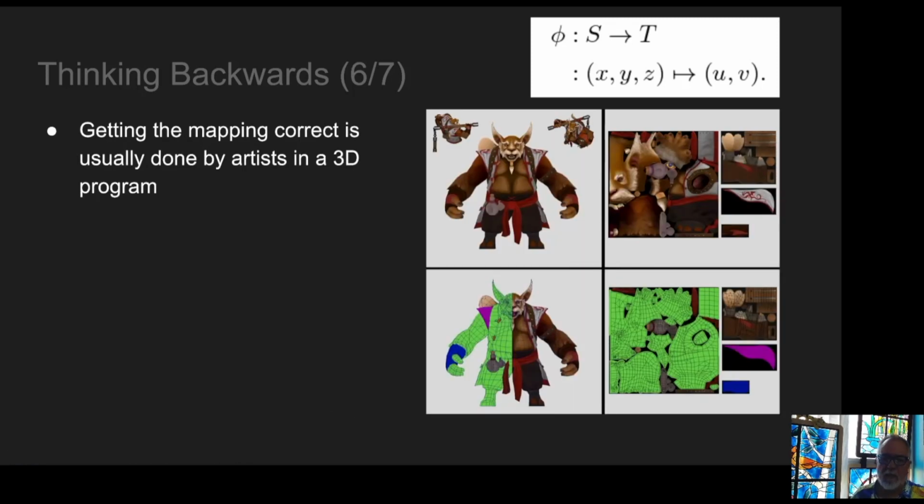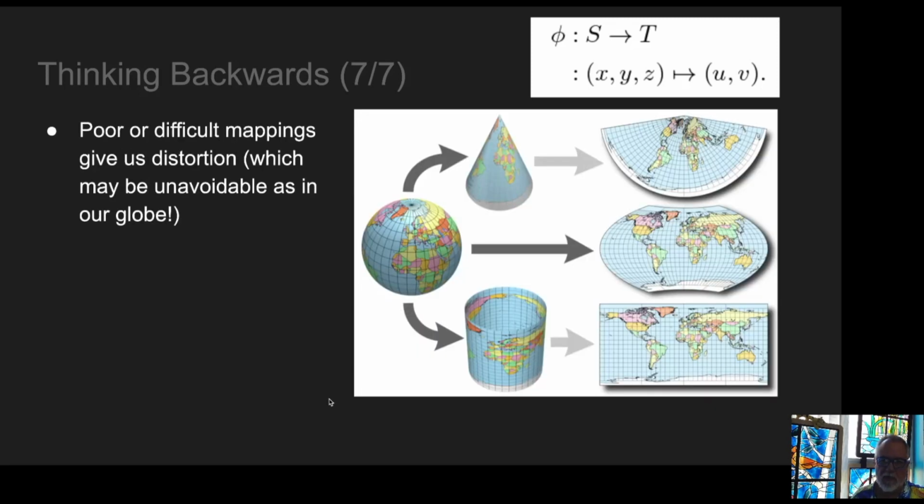So usually this is done by the artist. We as programmers don't necessarily get involved with this. So how do you map these things? We do know that if you have a spherical object like this, there's all sorts of ways you can map it. This is kind of the typical one that we do, so that the North Pole, which is actually a very, very small part of it,